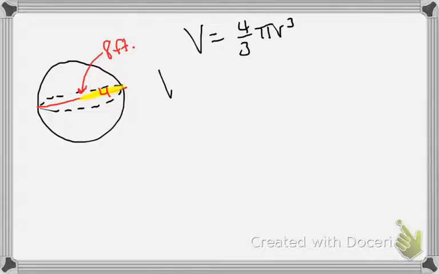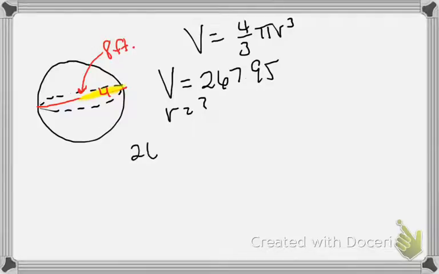So the volume equals, we're going to say it's 267.95, and we're trying to find the radius. So there's really not much to this. Alright, so here we go. The volume is 267.95